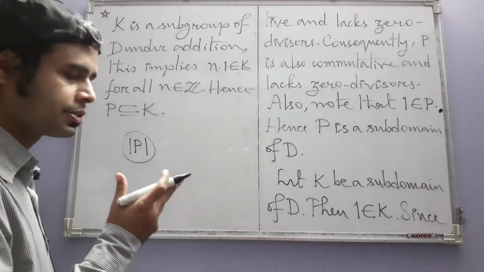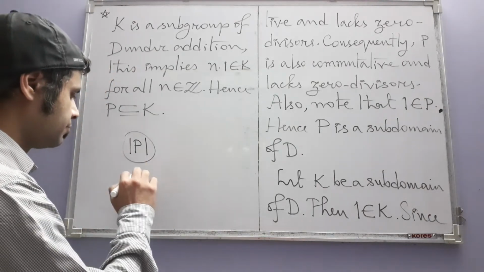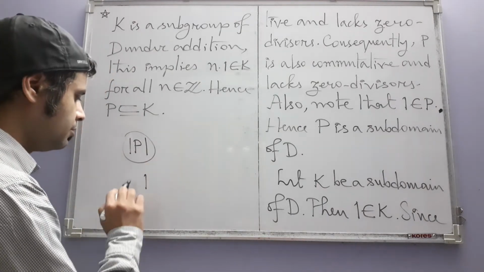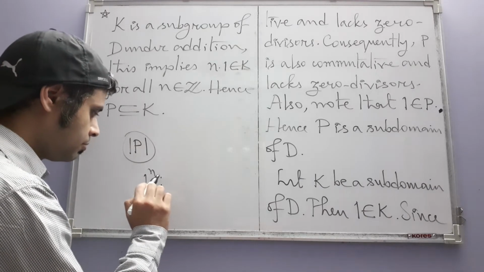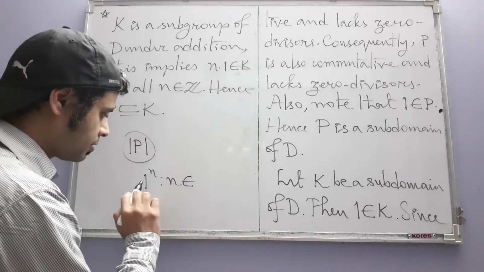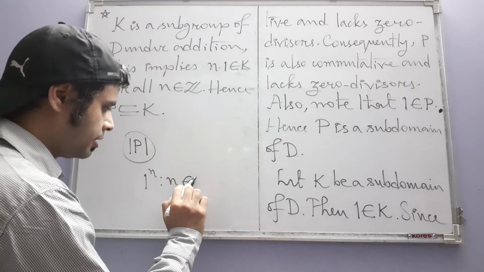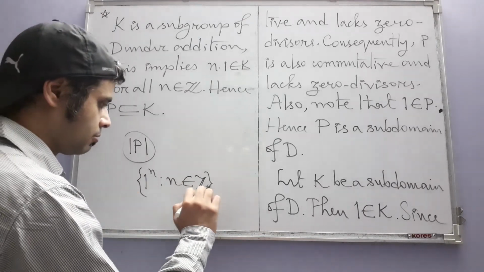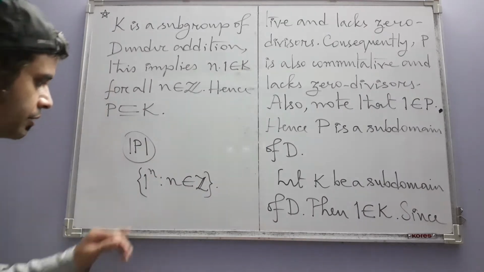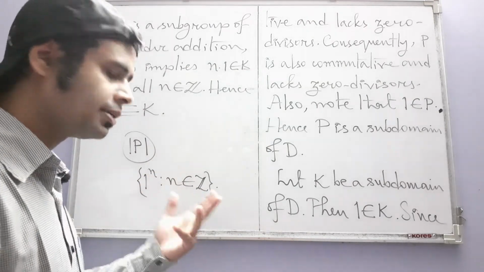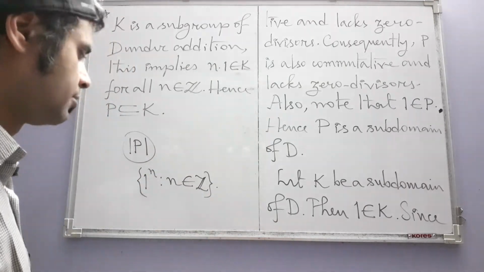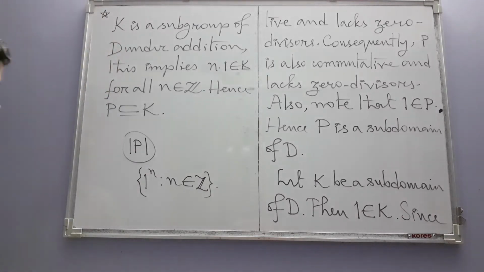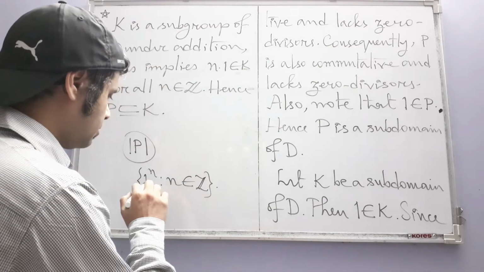What are the things that we have in P? In P, we have the integral powers of the unity as elements in P. All the integral powers, where the exponent can be negative integers also. Fine. Now,